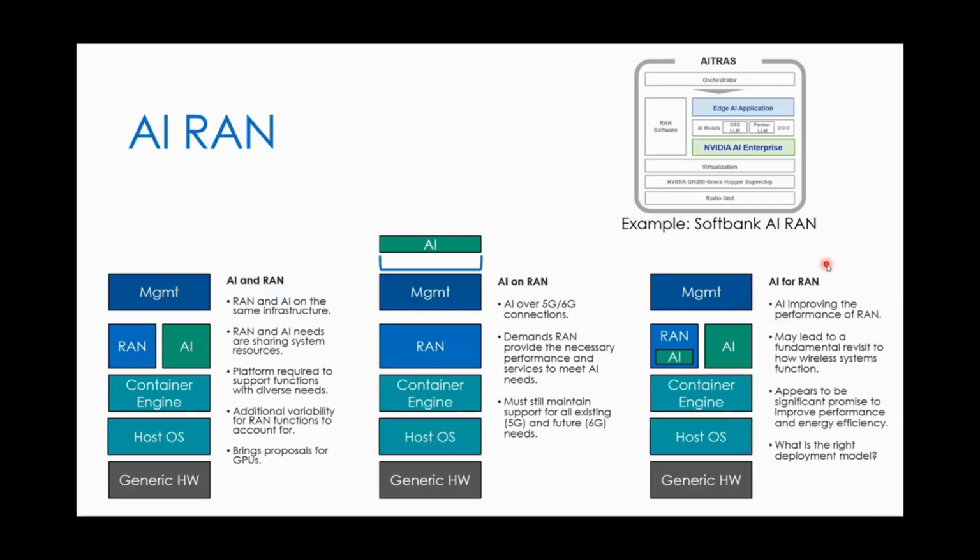As one example, SoftBank is a big player in the AI RAN Alliance organization, and they're doing a lot of work about what are the right applications? How should it look? How's it going to function? How do you coordinate these things? But as you can see, it's a familiar picture. I have some kind of hardware platform, I have virtualization, I have a RAN function, I have an AI function there. So that model is the de facto proposed model, and they're aligning to this picture.